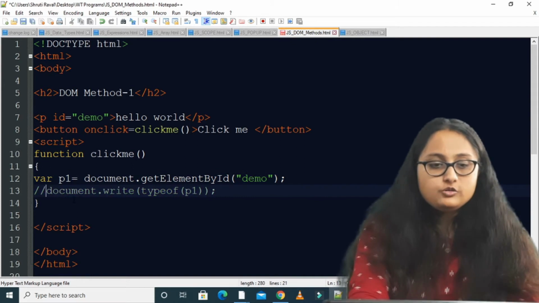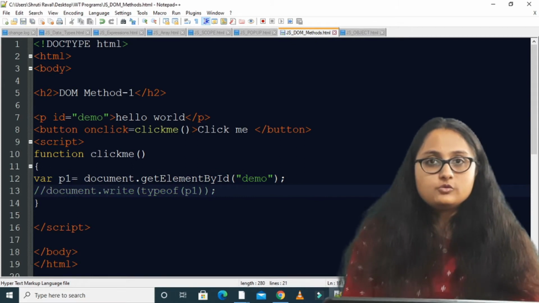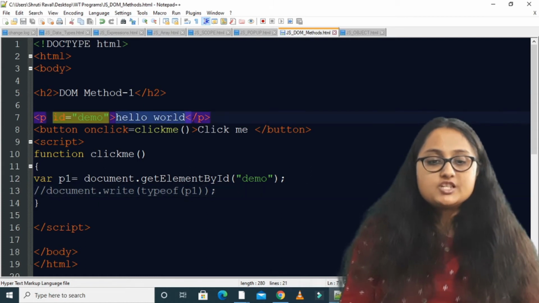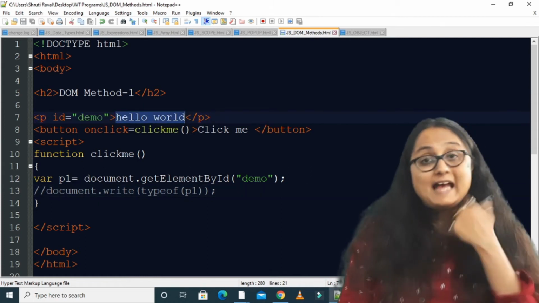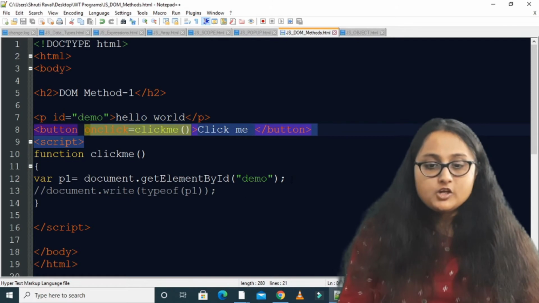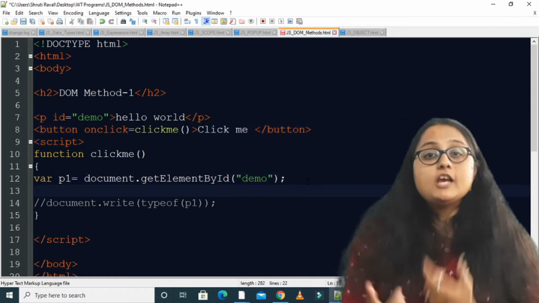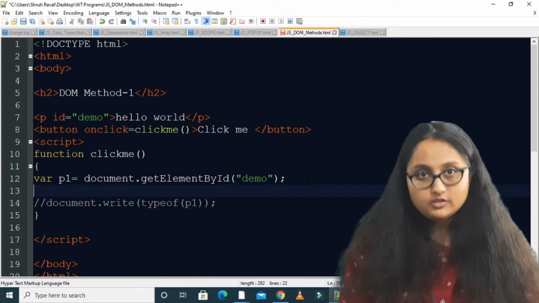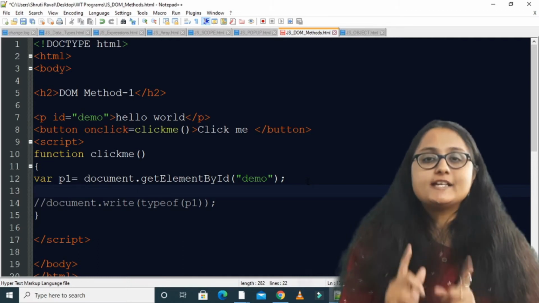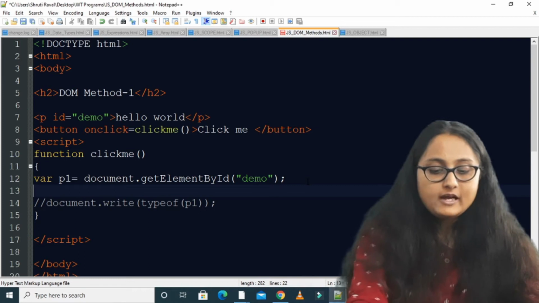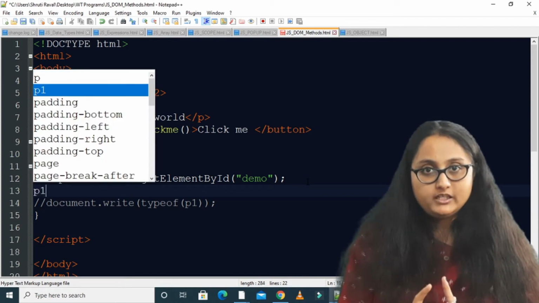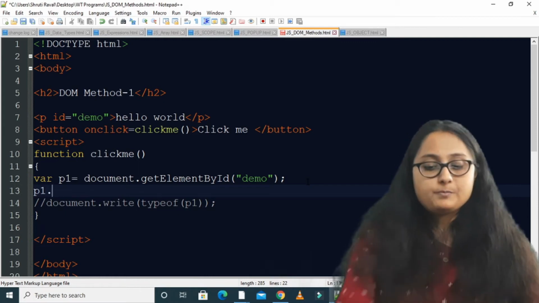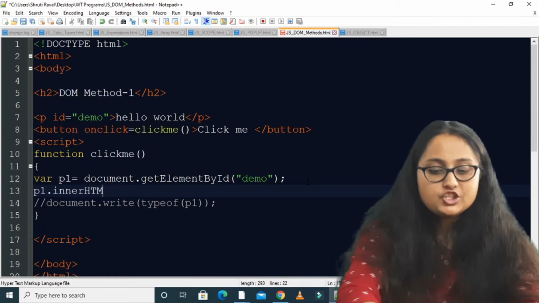Now what I want to do is change the inner HTML, that is, I want to change this hello world text dynamically when I click the button. For that there is a property of the paragraph object, which is innerHTML. So I will write the object name, that is p1 dot, and access the property innerHTML.